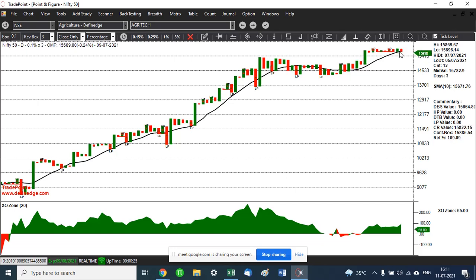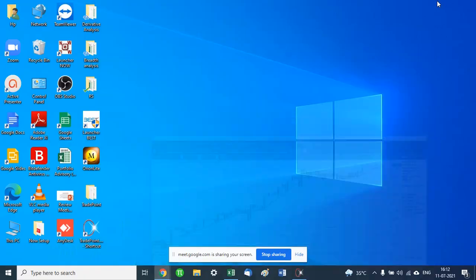Okay, and for it to be bullish for us, if we click on the red column, we will find the double top buy value over here. You can see the DTB value. This is the double top buy value. So the double top buy value is 15885. Nifty on spot chart, if it goes to 15885, it turns bullish for us. If it turns below 15665, it is bearish for us. In between, it's literally doing nothing.